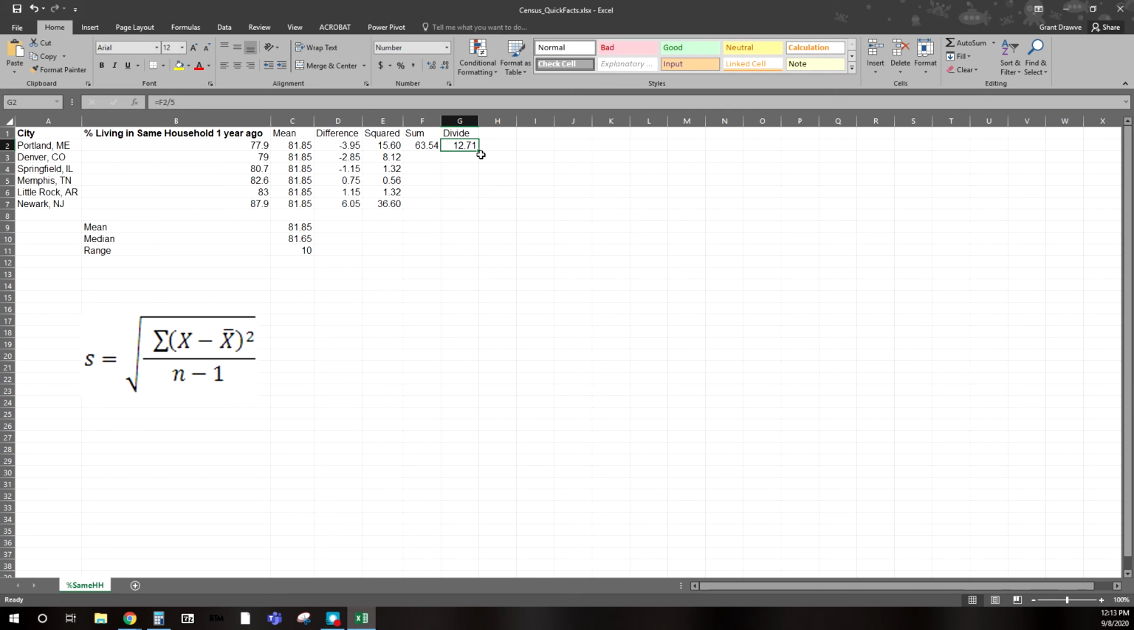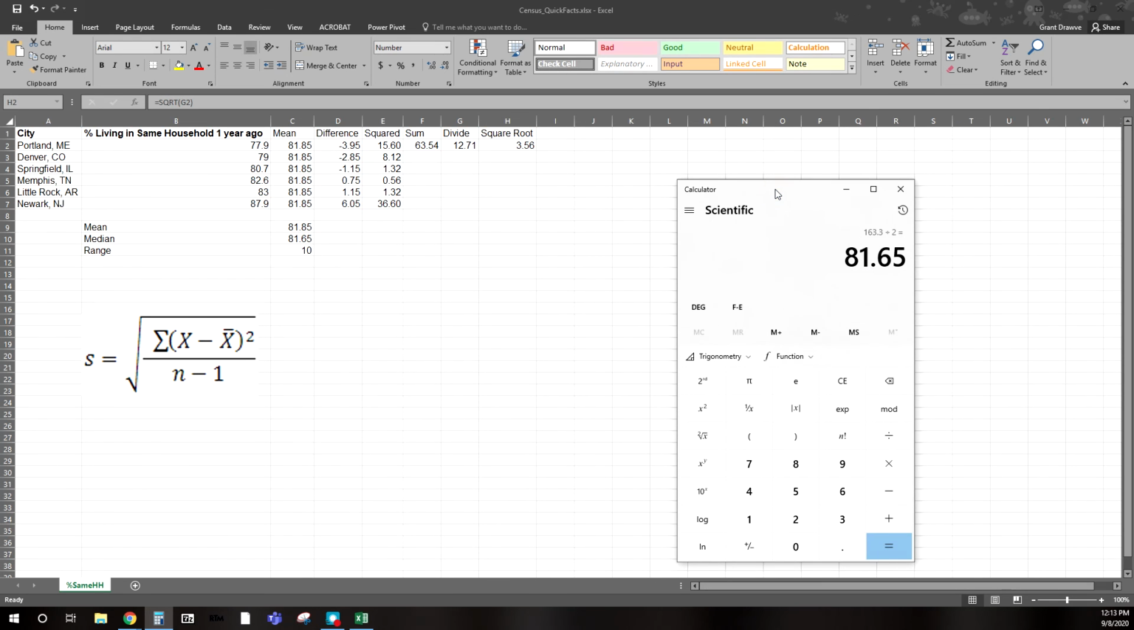The key part here is then to take the square root to put it back into the original units. This would be percentage points that we can discuss. So here, I want the square root of the number here. And we can see, let me change this back to 2 decimal places, that the standard deviation is 3.56 percentage points. So we know if we take the 81.85, add the 3.56, we know that 85.21,